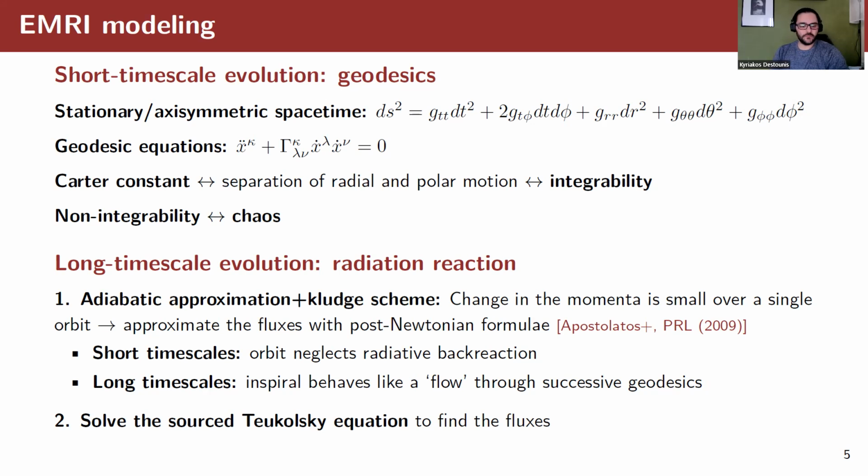Now, this leads to an evolution where in short time scales the orbit neglects radiation back-reaction, and at a long time scale the inspiral behaves like a flow through successive geodesics. And this is one of the techniques that have been used primarily for the last 20 years. It's a very old one, but very, very well known and used, and it